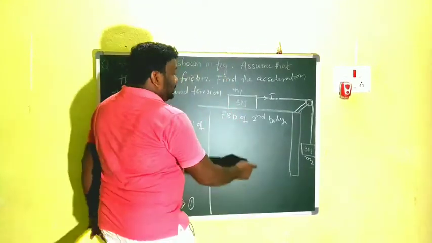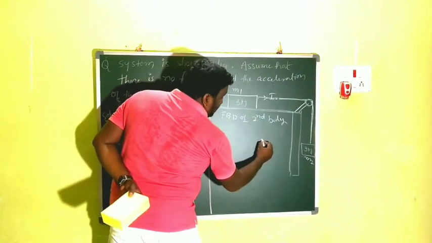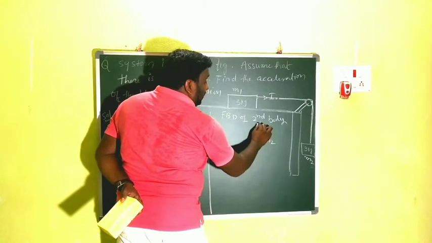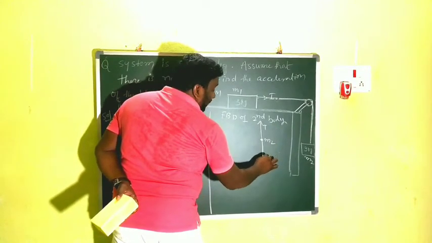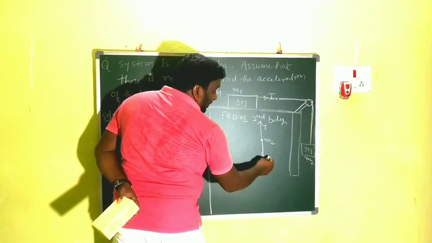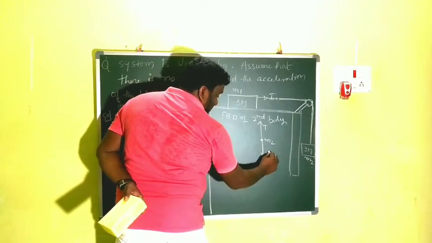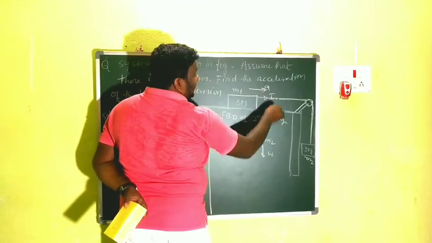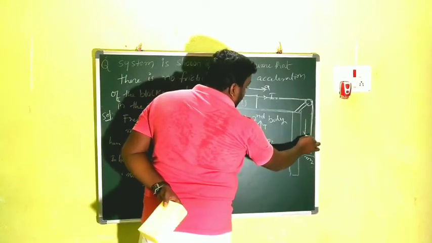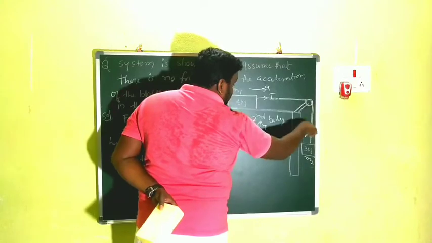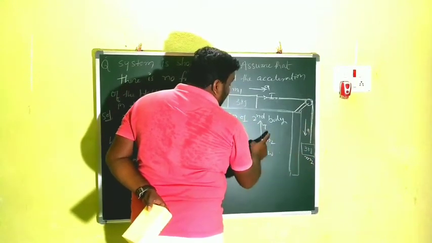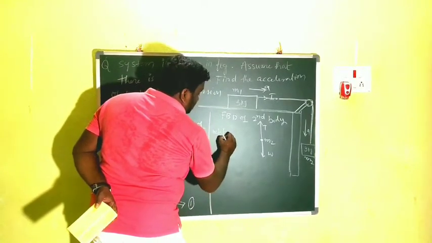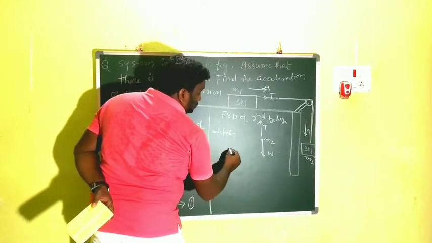Clear? Now in this case, I am drawing here the second body. It is the M2 mass. Upward what you have is tension, and downward is weight W. So the first body will move in this direction with acceleration, and the next body is coming downwards with acceleration. The acceleration being downwards means the weight is more than the tension. That's why net force I am writing as